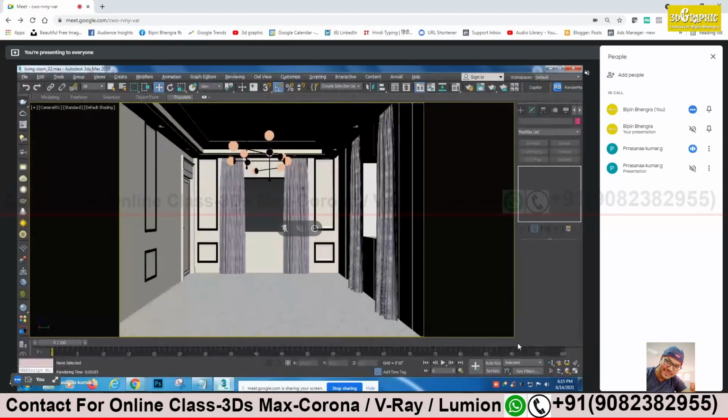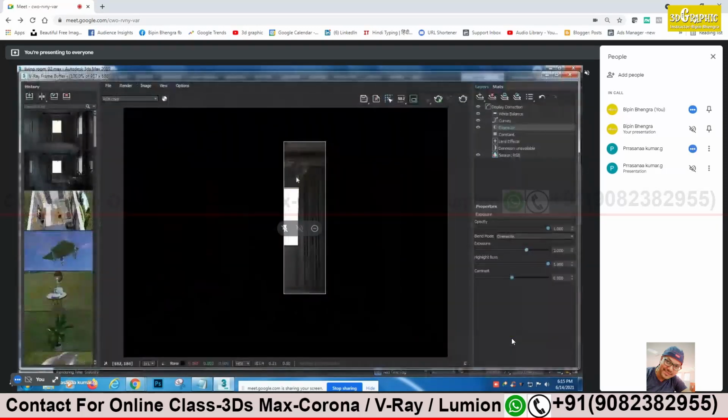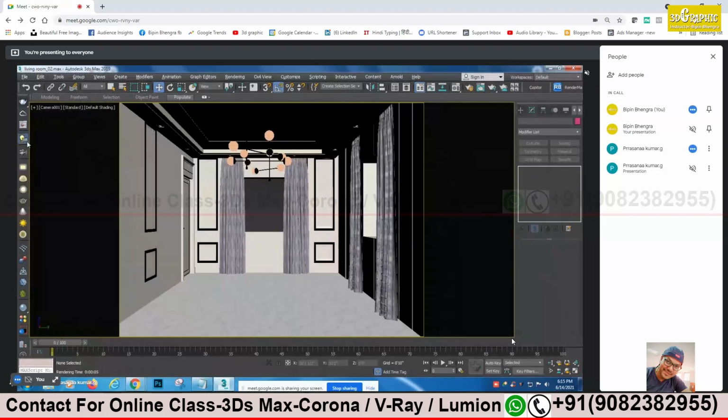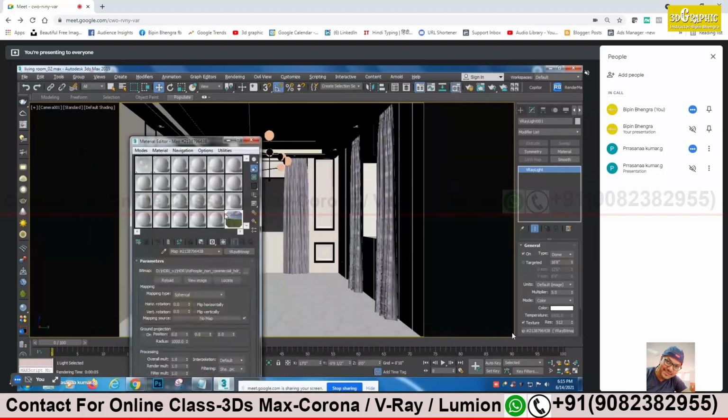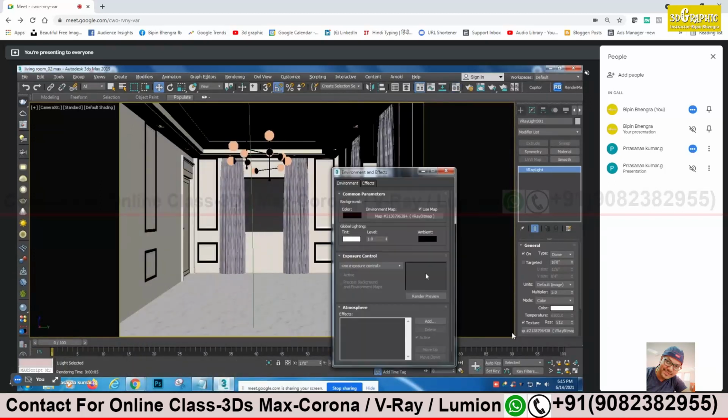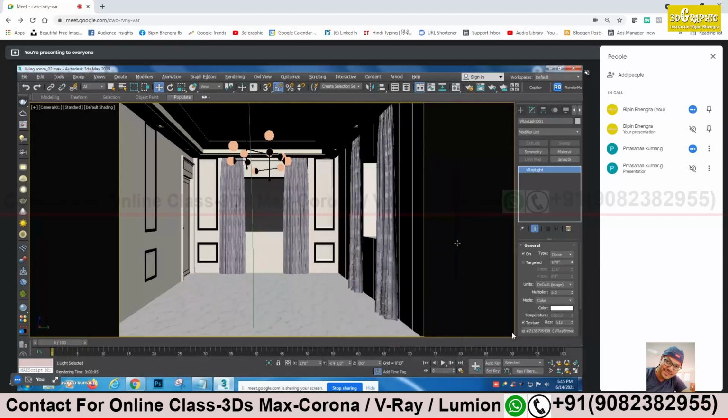Now what I'll do is I will try to increase this multiplier. Yes, increase. This is on.